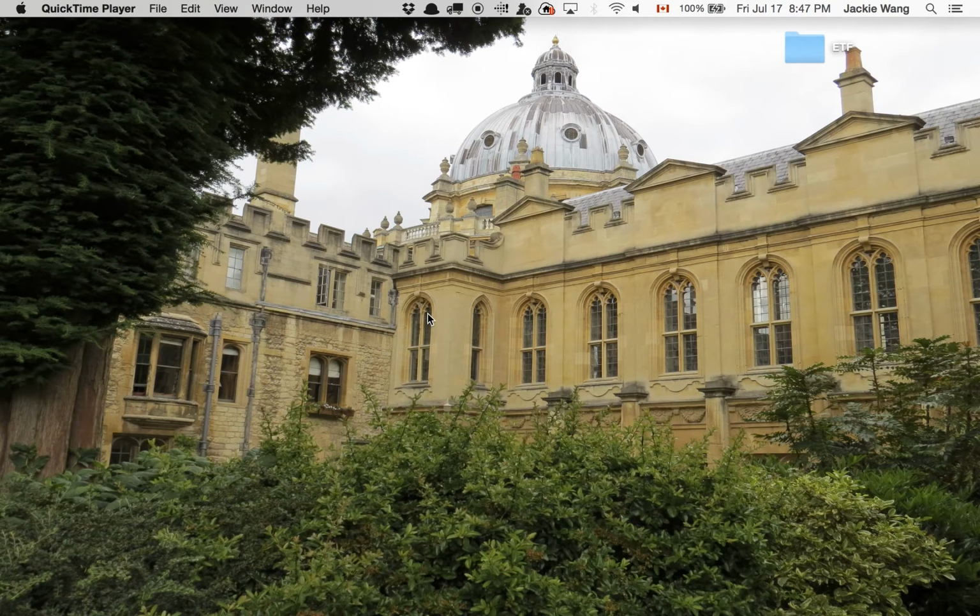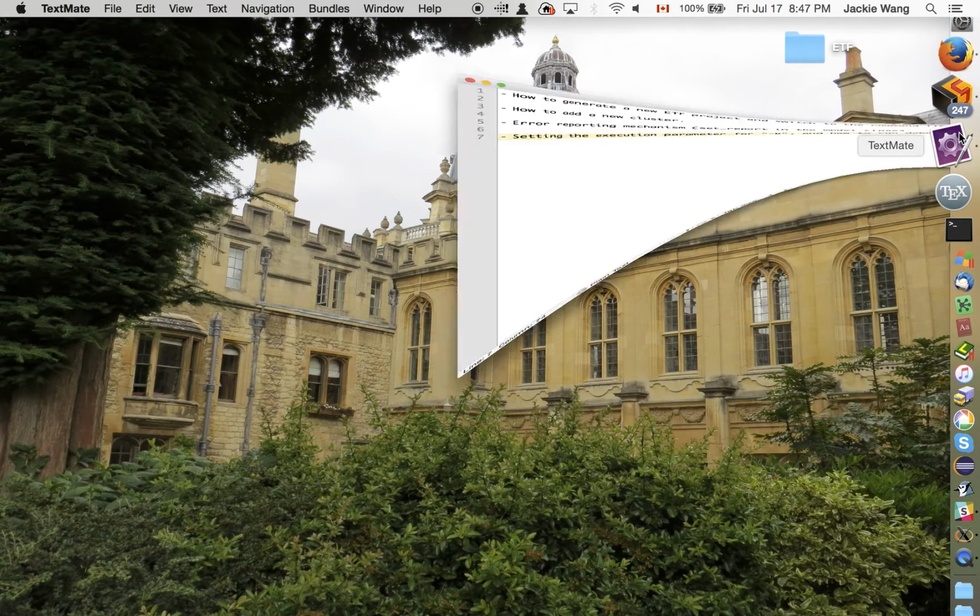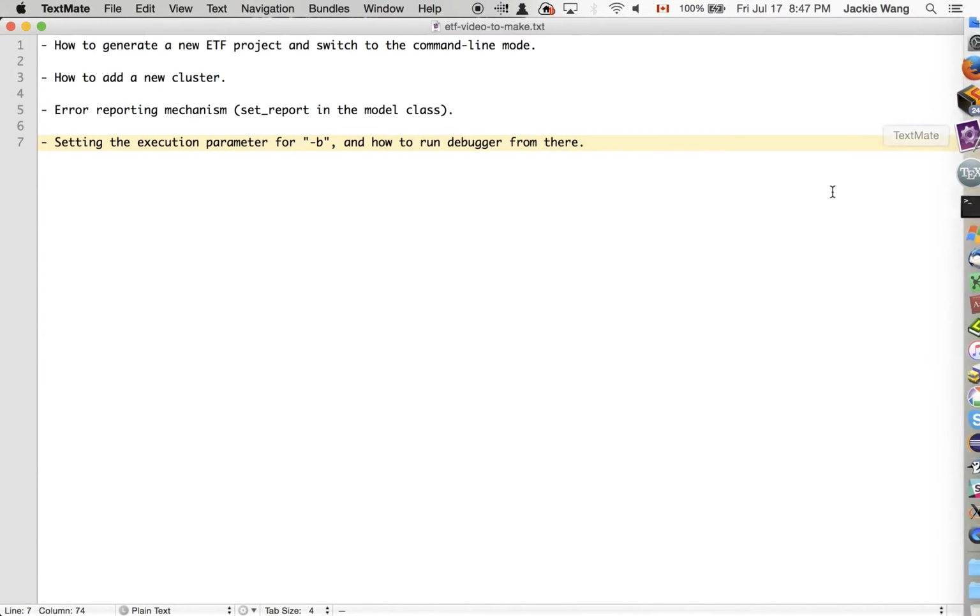In this video, we'll show you briefly how to get started with your projects for 3311. So let's just briefly walk over the outline for this video. First of all, we'll show you how you can generate a new ETF project for the static analyzer that you're going to implement, and how you can switch between the command line mode and the default GUI mode for